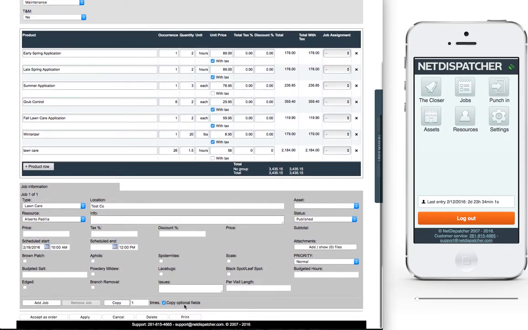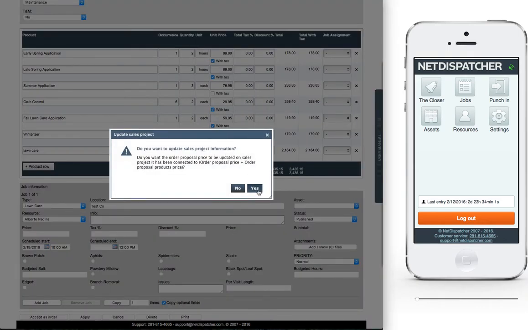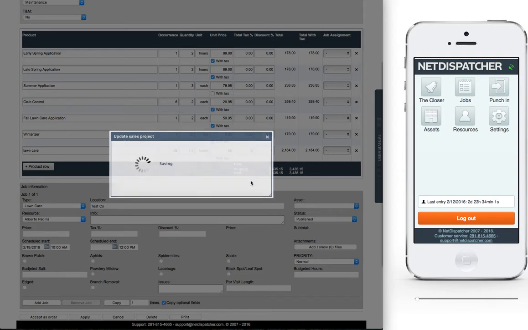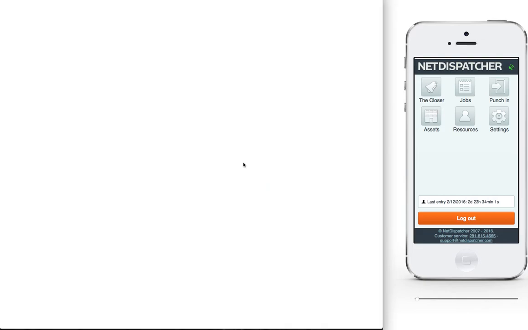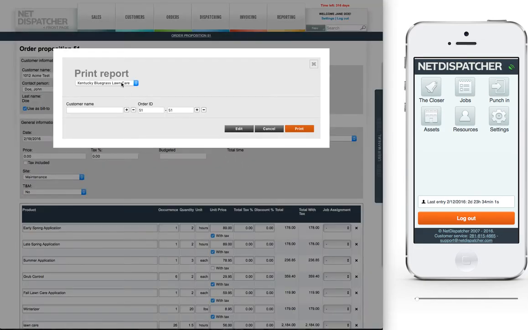And in this case, if you do want to schedule the on-site assessment, you would use the job details at that point. In my case, I just want to print out the quote, and the system is asking if I want to use the price for the sales project. I click yes. This price transfers over,